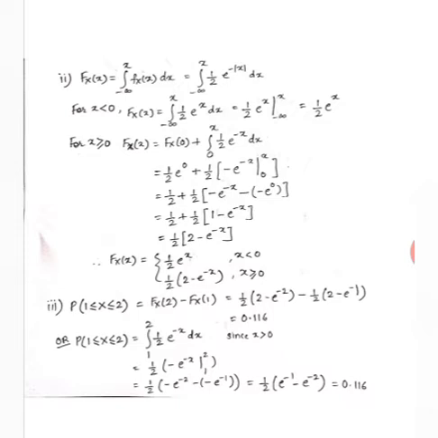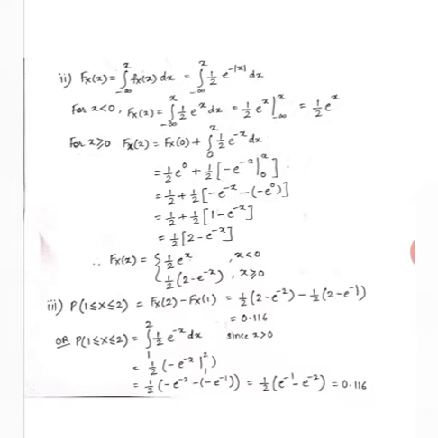Okay, now we split to find out this particular value. We need to split the integral with respect to x. So x less than 0 is one case and x greater than or equal to 0 is another case. So for x less than 0, Fx of x is going to be the integral from minus infinity to some particular negative value of x. Since x itself is negative, e raised to minus of minus x will become e raised to positive x.